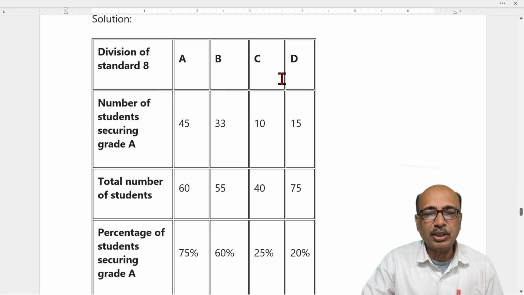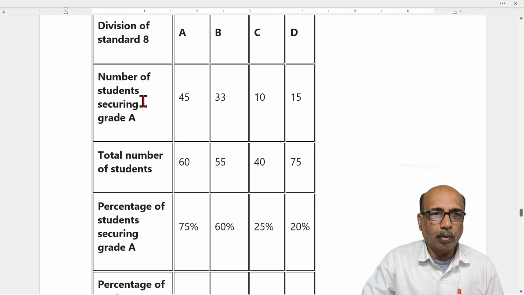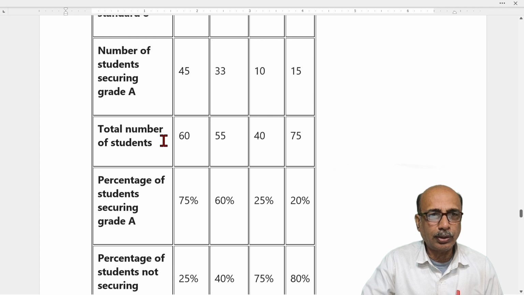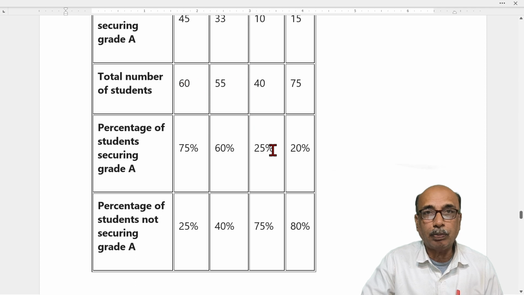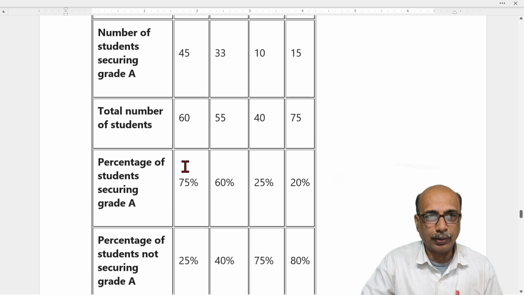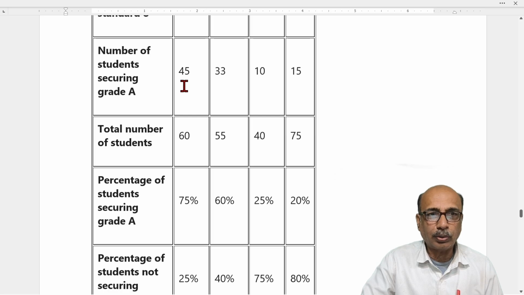A, B, C, D are the sections given. Number of students scoring A grade are given for all the sections. Total number of students are given. Here we have to calculate the percentage of students securing A grade. So number of students scoring A grade is 45 out of 60. So 45 upon 60 into 100 will give us 75%